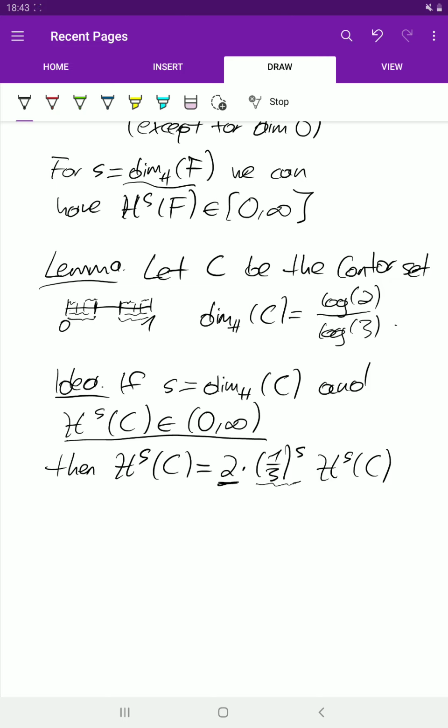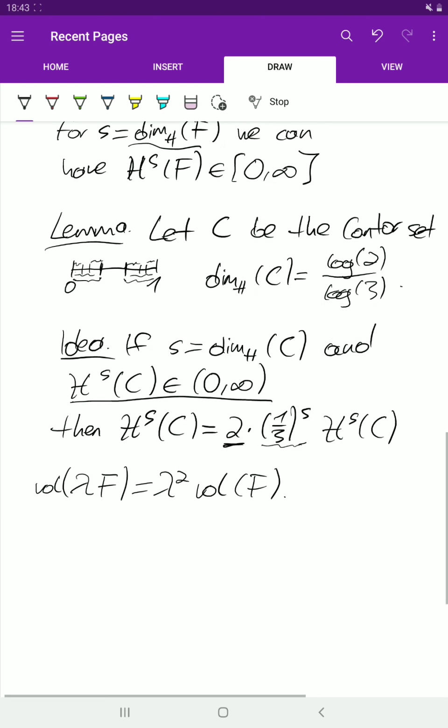And then if you scale this volume, let's say F is this rectangle, then we get the volume of lambda F is lambda squared times the volume of F. So that's a normal scaling property, and this Hausdorff measure also satisfies such a scaling property, and in more generality,